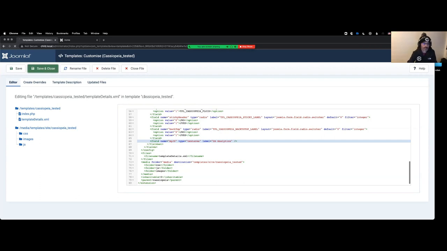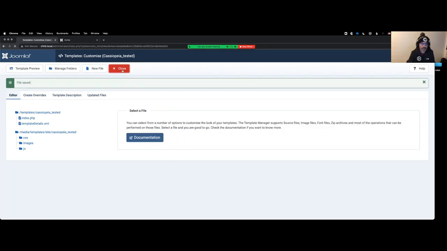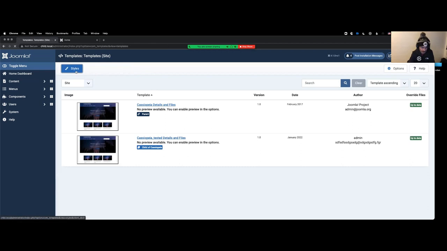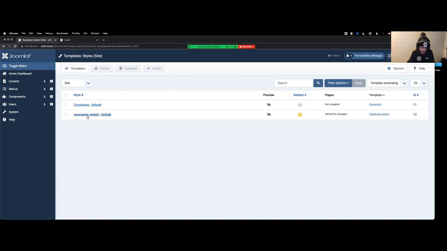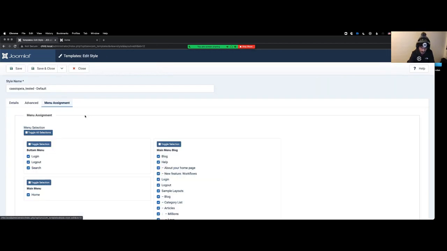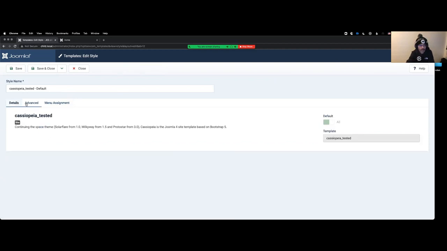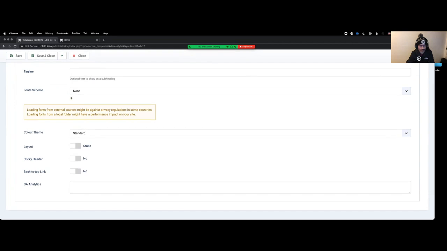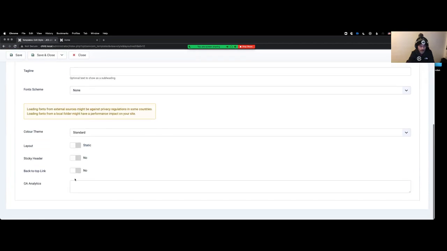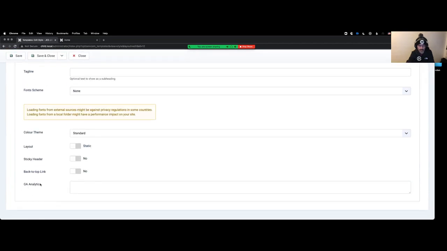So if I save this one, now if I go back to the styles of this child template, sorry, and check the advanced tab, at the bottom I have my GA analytics, and basically you can have something here like